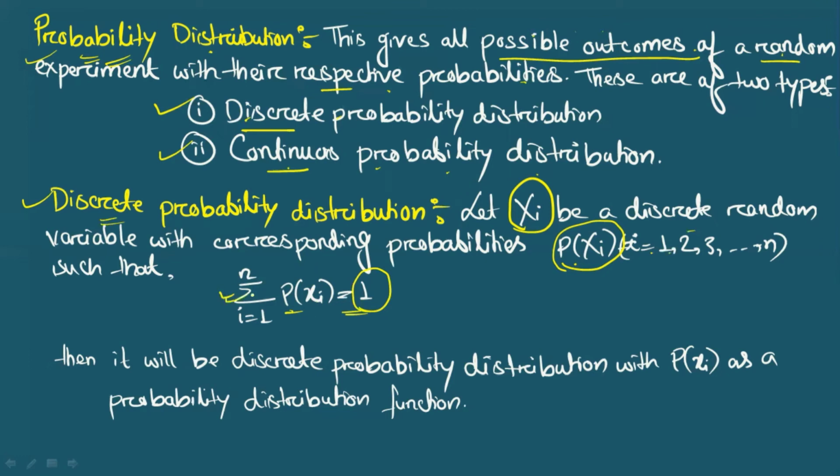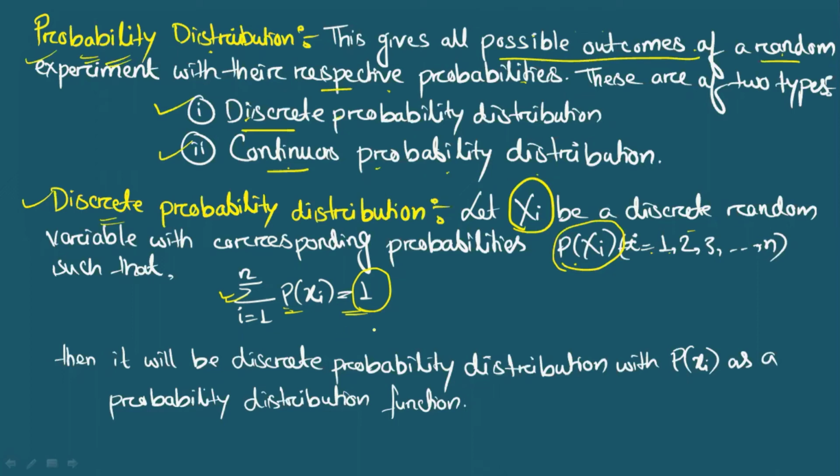For discrete you are using the summation sign, remember, and for this you can write, suppose you are writing x1, so for probability of x1 you will write the probability associated with the discrete random variable x1. So this is how you can calculate. Clear? Now here you see this P(xi) is the probability distribution function. And this will give you the discrete probability distribution, and the total probability is 1, as we know.